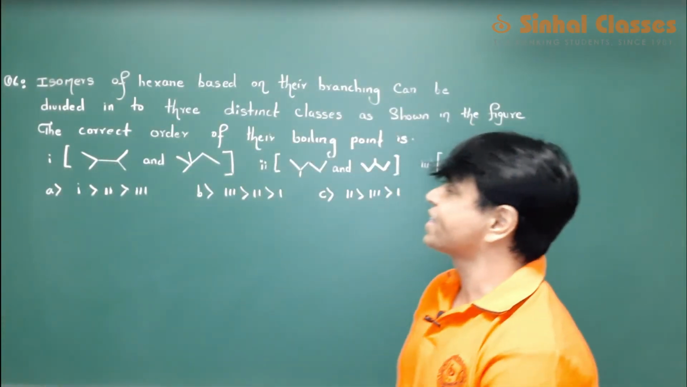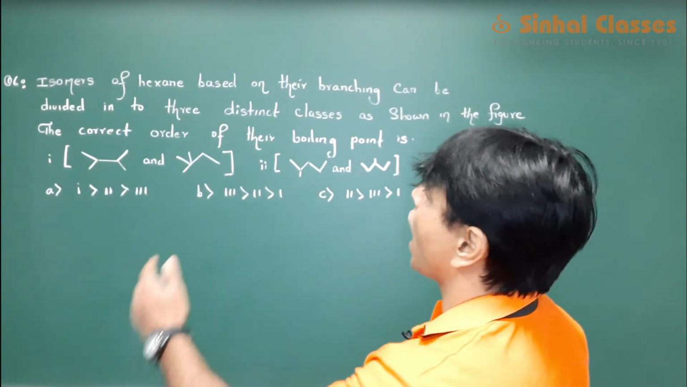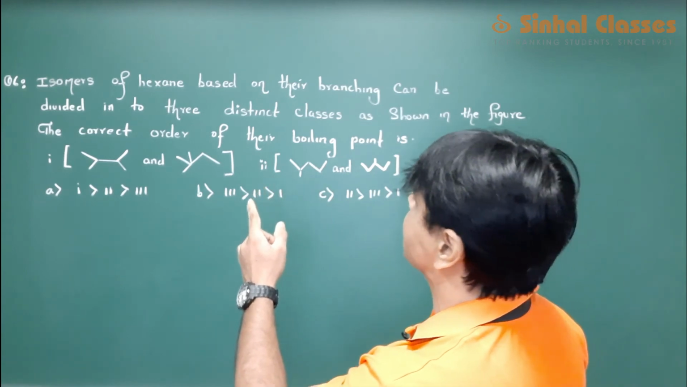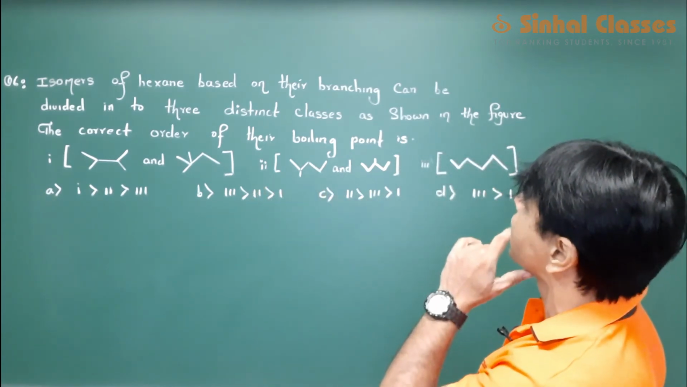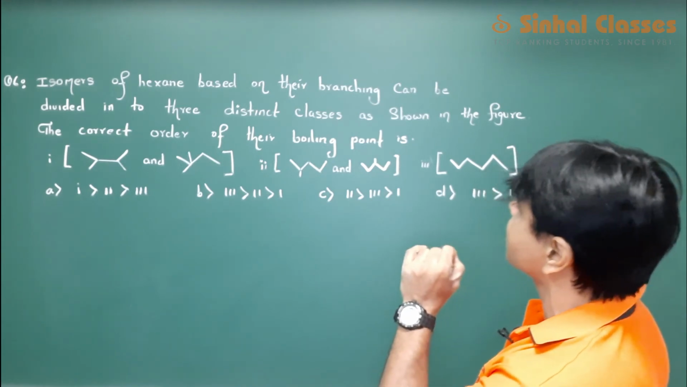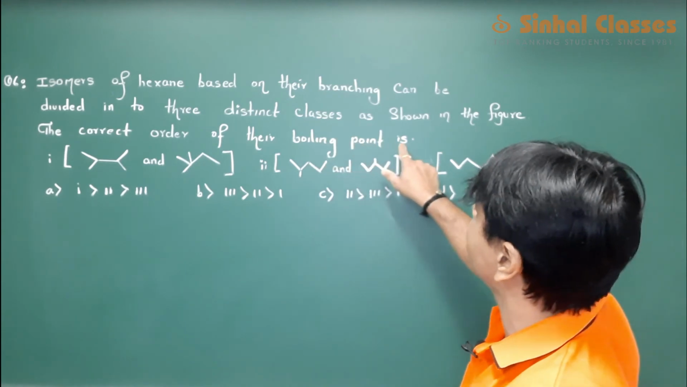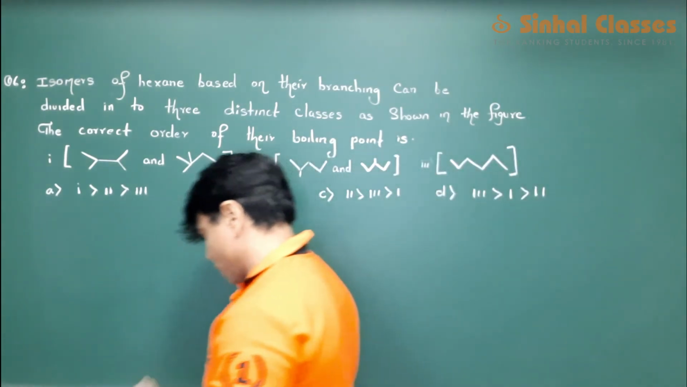Okay student, let's have a look at this question. A very interesting one. Isomers of hexane based on their branching can be divided into 3 distinct classes as shown in the figure. The correct order of the boiling point is, now